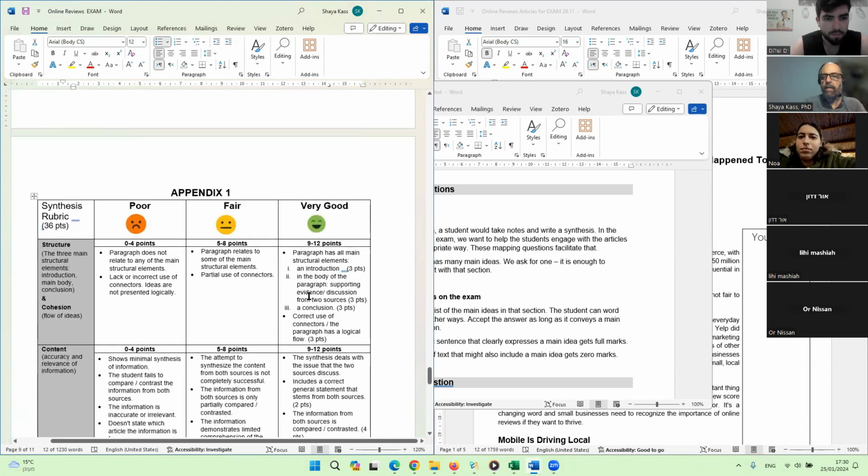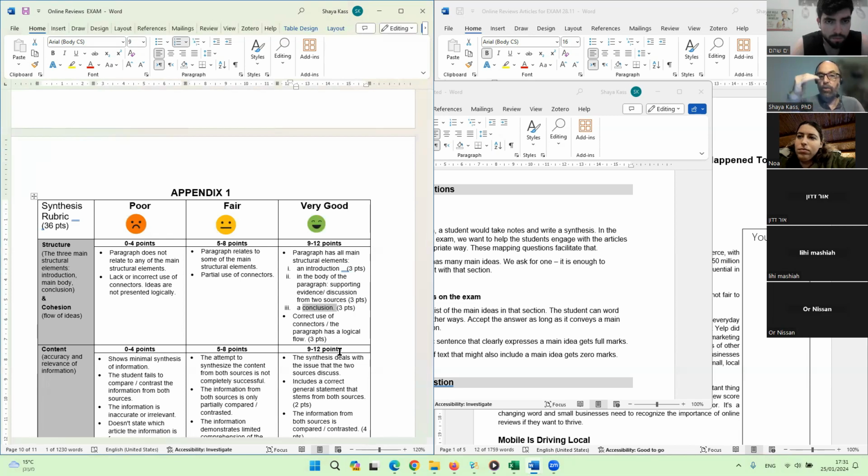Here's the rubric. This is exactly what we're looking for. And you'll see that you'll have this on the test also. You get 3 points for introduction, 3 points for supporting ideas, 3 points for a conclusion. Now this is not a good way to write in the real world, but it's a good way to write for the final exam. If you want to make sure that I know where your conclusion starts, write in conclusion, and I'll understand exactly what your conclusion is.